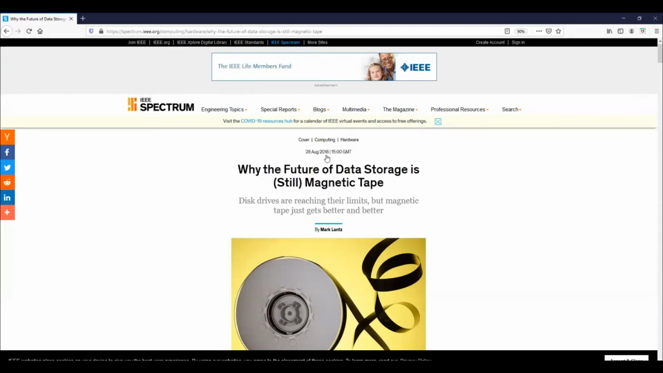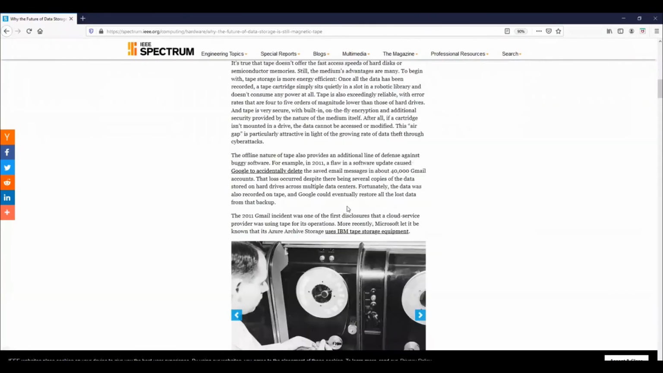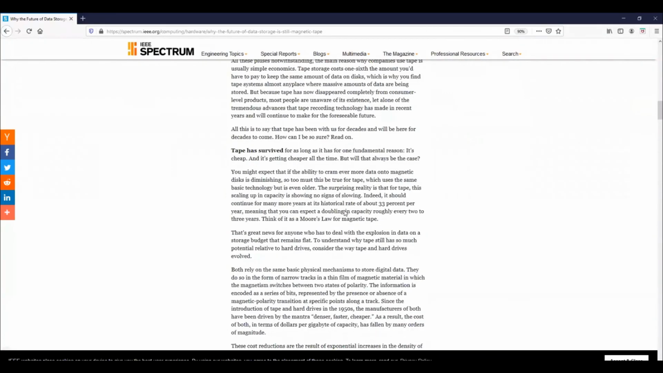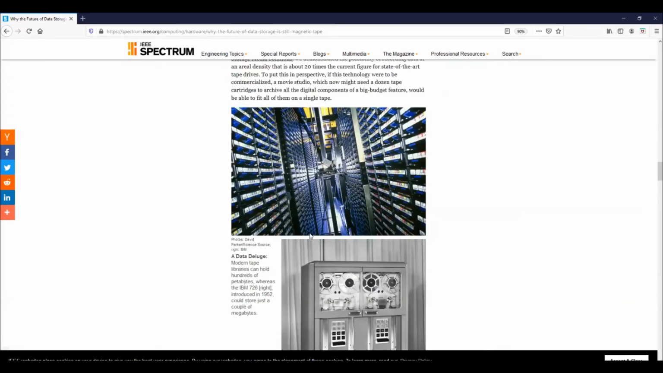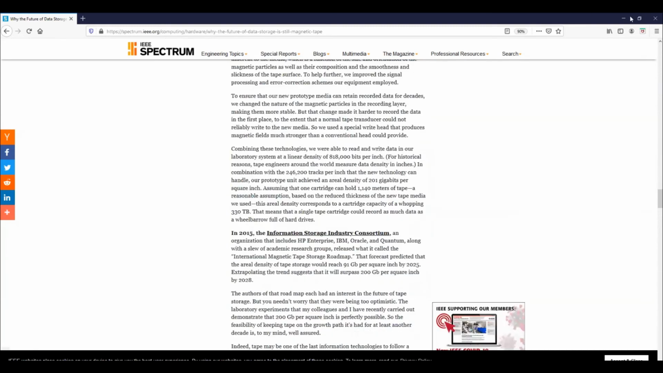This is the 28th August 2018 IEEE Spectrum. If you have not read this, please go ahead and read it. Hard disk drives are reaching their limits, but magnetic tapes just get better and better. So life is still very, very happy here. It is a very beautiful read, introducing a lot of history and then where the future is. I highly encourage you to take it up. This is the modern day data storage from IBM, if you want to see that. Please have a look at it. So, coming back,